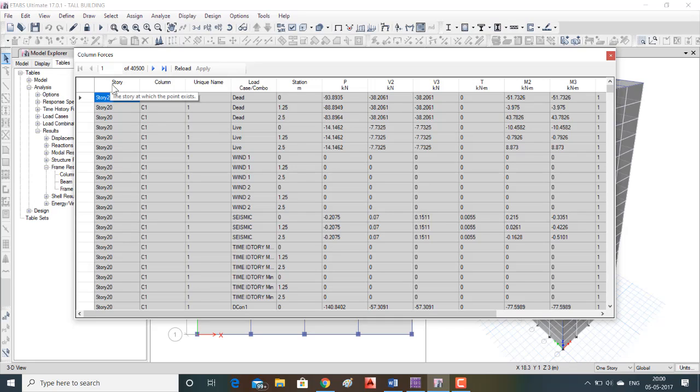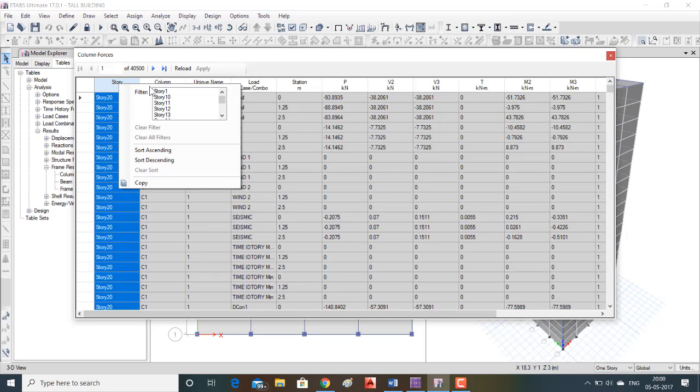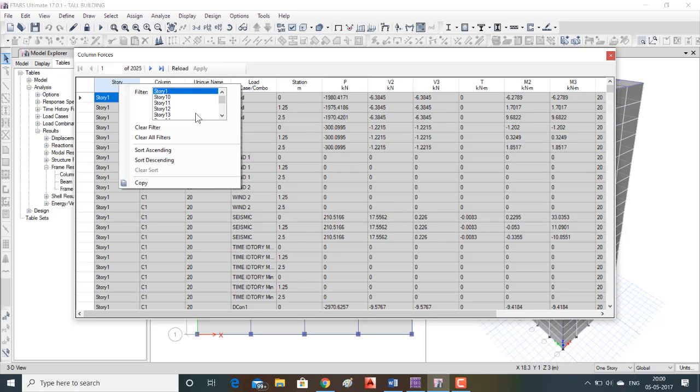We need load only at story 1. Right click on the story 1. Okay.